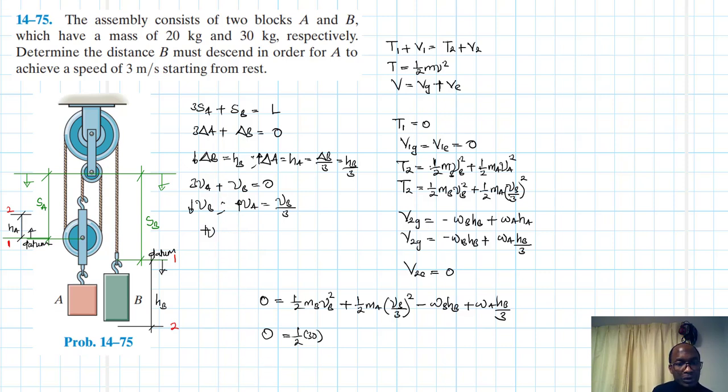Sorry, I didn't realize to say we are given A. So here my VA, in fact, which is going up, is equal to 3 meters per second, and therefore VB going down is just equal to 3 VA, which is just equal to 3 by 3, and is equal to 9. Okay,